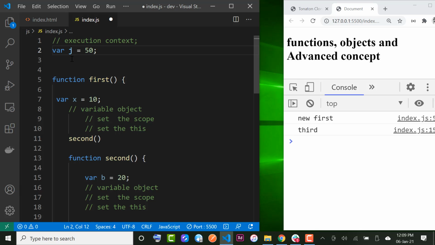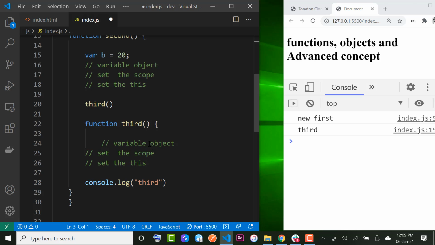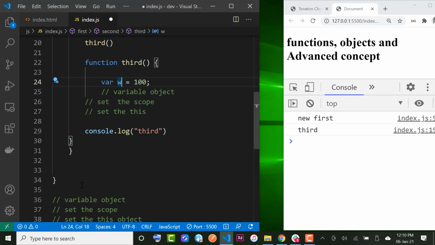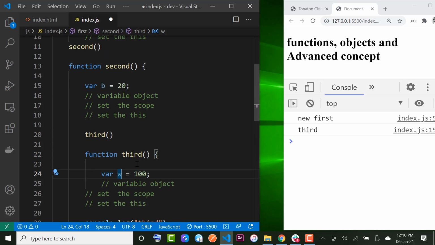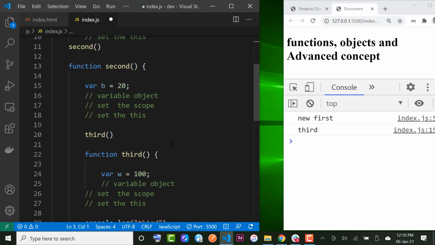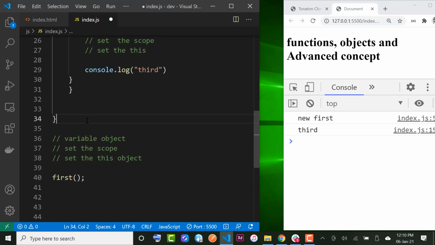the first. But at this part of the code, let's say we have W equals 100. At this point, we can't have access to W even through the second, or even through the first, or even outside the first, because of where it sits lexically in the scope chain. The scope chain runs upwards, not downwards. So at this point, if you say console.log